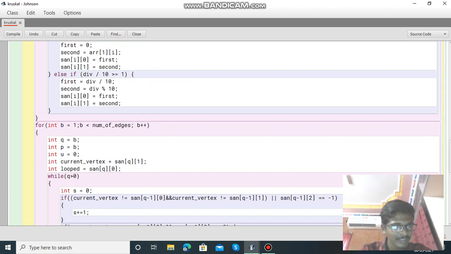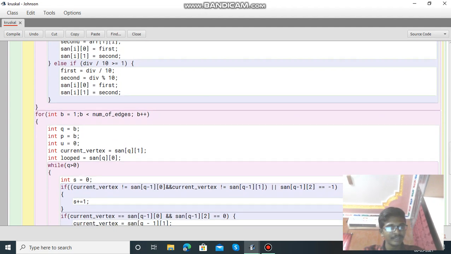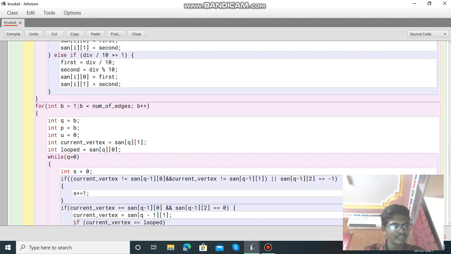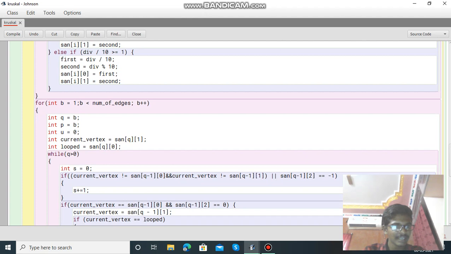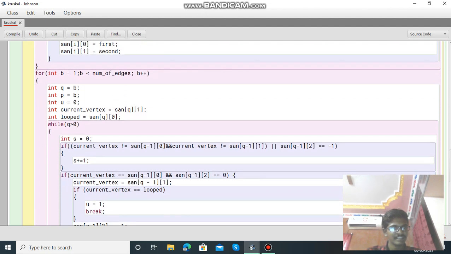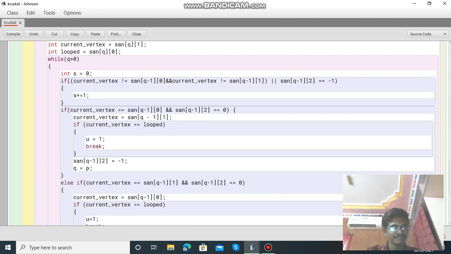Then we use a for loop, b equals 0, b less than number of edges, b plus plus, q equals b, p equals b, u equals 0, current vertex equals san[q][1]. And then we initialize loop equals san[q][0] by using a while loop, q is greater than 0, s equals 0, if current vertex equals san[q-1][0] and